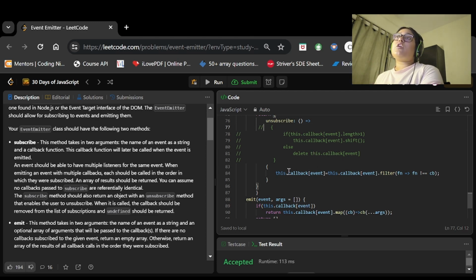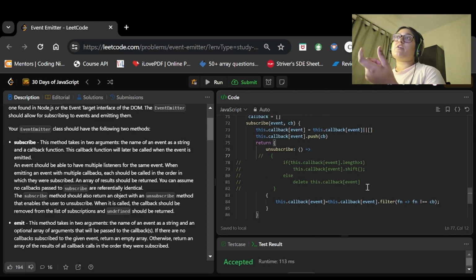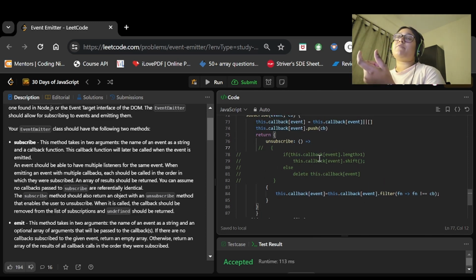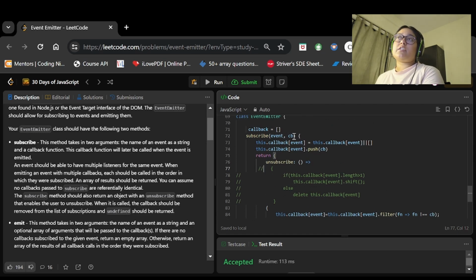So in order to handle that edge case, I used the filter function, and I searched for the callback function which is not matching.